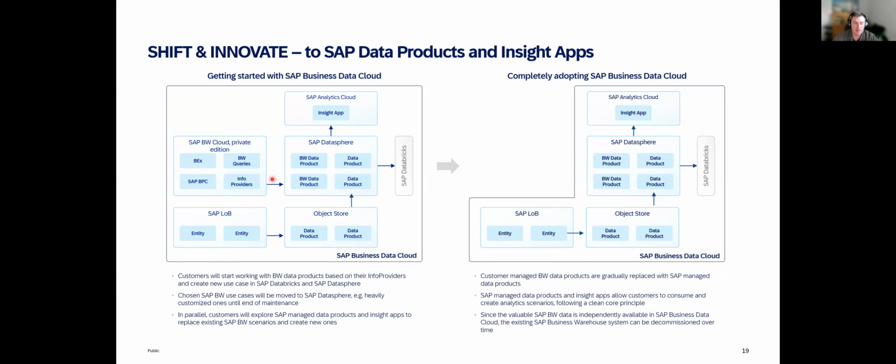Your starting point is, at the end, this uplift towards Business Data Cloud and Cloud Private Edition of BW. Then move the use cases over and replace, at the end of the day, your BW footprint and your existing BW business content, your data models, especially with SAP managed data products and inside apps. And then you can phase out what you can see on the right-hand side, your BW piece, getting completely rid of this, let's say, customer managed data warehousing solution and move completely into an SAP managed data warehousing solution,